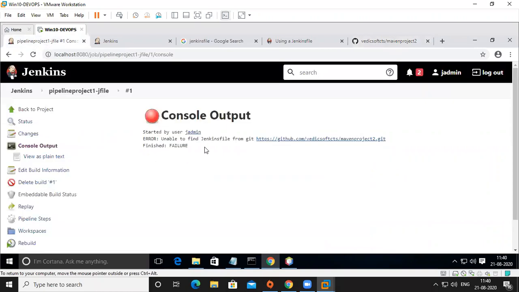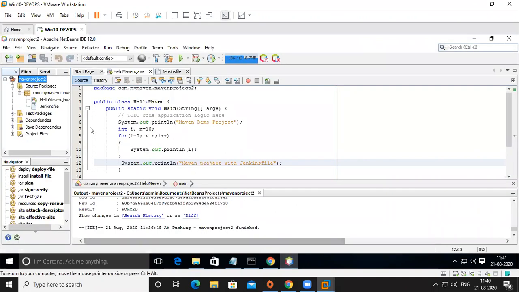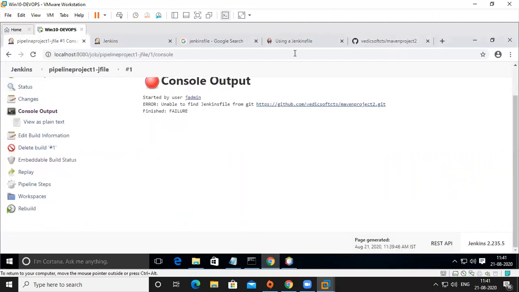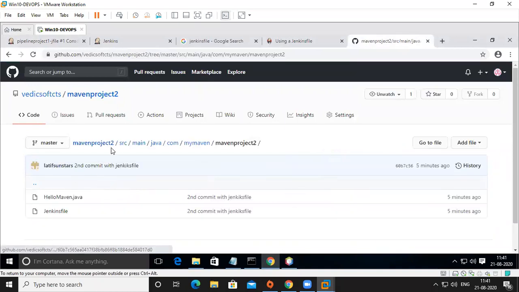Unable to find Jenkinsfile from Git. Okay, so maybe, where is that file in here? This went too deep, right? src main like this.